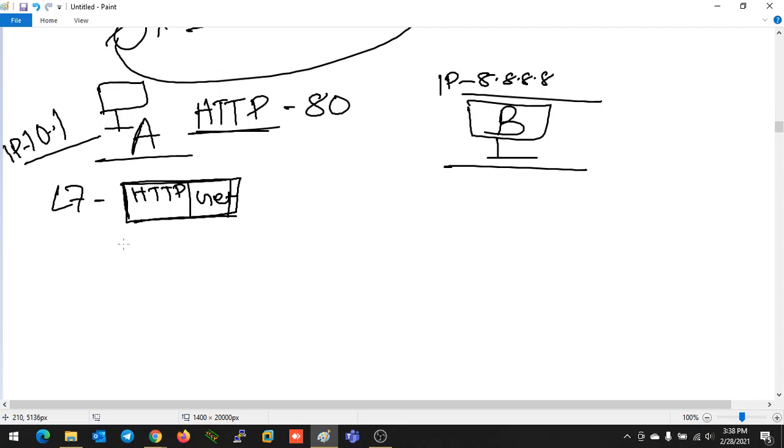Here I am not going to discuss the presentation layer and session layer, because presentation and session layers are not in use by the TCP/IP model, but according to OSI they are there. So directly I will discuss layer 4. At layer 4, as it's HTTP, TCP will be there. Here TCP will attach its information to the HTTP data. What will TCP attach?